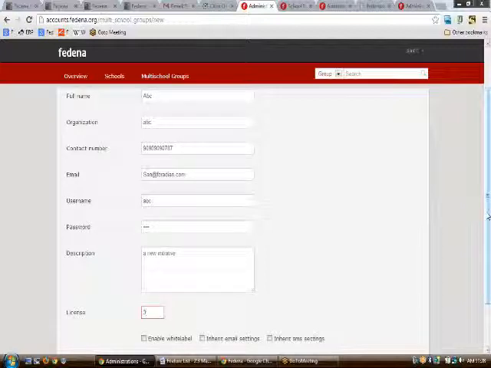So you can't monitor their white label settings from here. The same goes for the email settings. If you use the email settings ticked up, then the multi-school group would be using your email settings, and the same goes for SMS settings too.